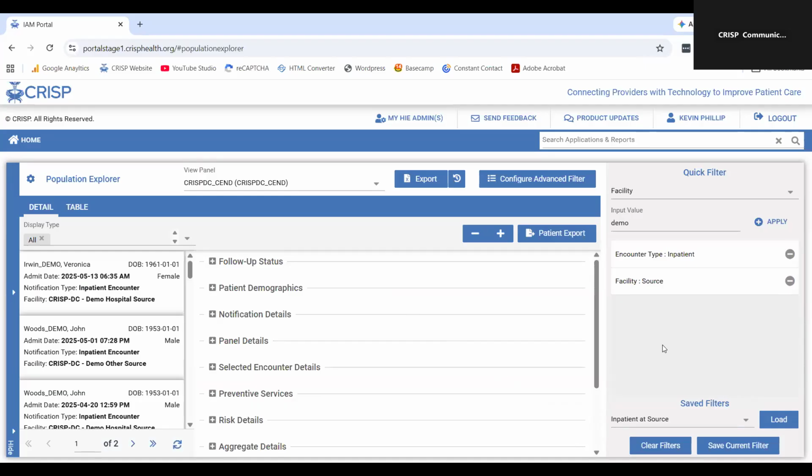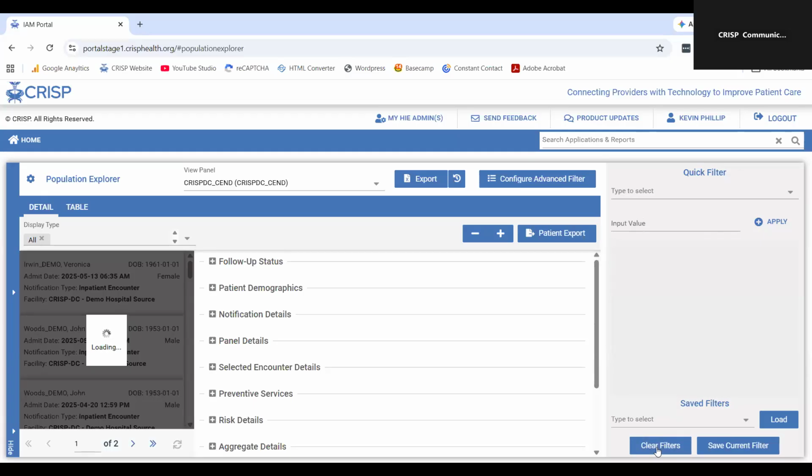Again, in the settings, you can set up a filter that you want to always come back to. So folks who are working with, for example, only want a certain type of notification under a certain type of conditions, you can save that as your default view, and whenever you pull up the portal and Population Explorer app, it will automatically go to that set of filters. To clear your filter, you just click this, and then it takes you back to viewing all